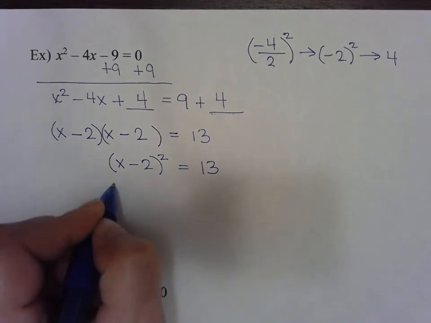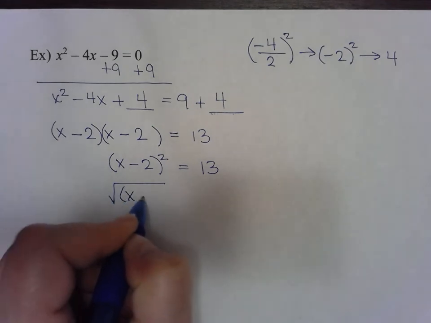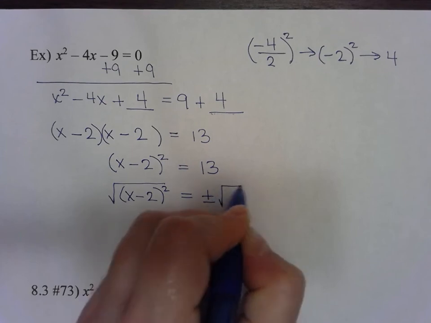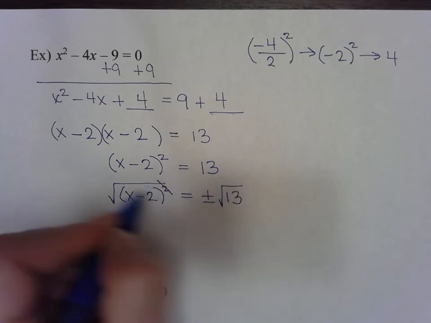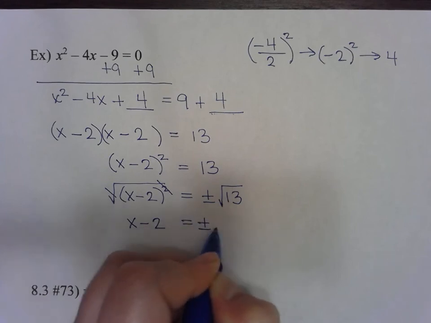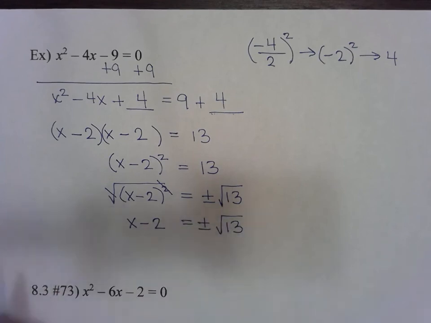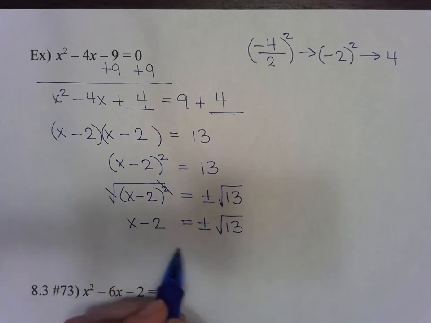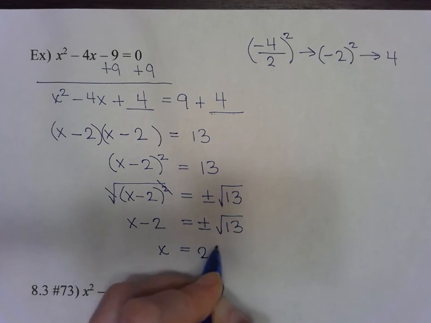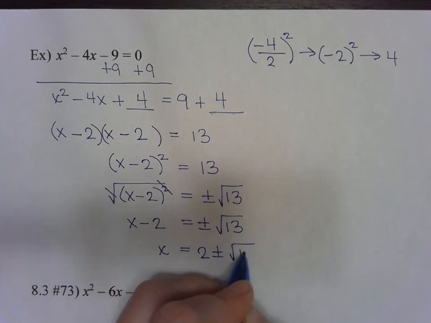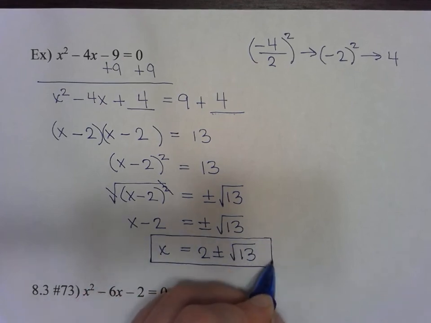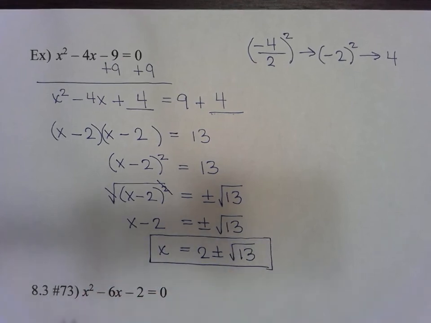Now I'm going to solve with the square root method. Don't forget the plus or minus when you do that. And then the last step is to add this 2 over to the other side. Okay,